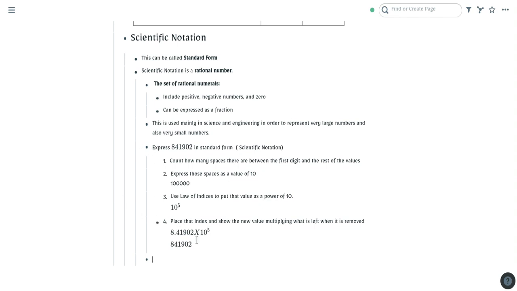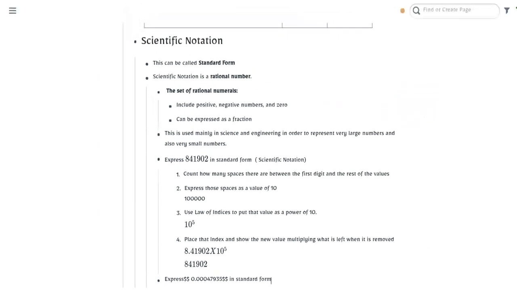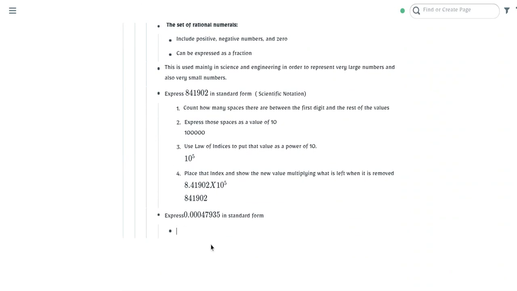All right. The next one we're going to do now, we're going to do a really small number, which is, we're going to say we have, express 0.00047935 in standard form. So we're going to say step 1,